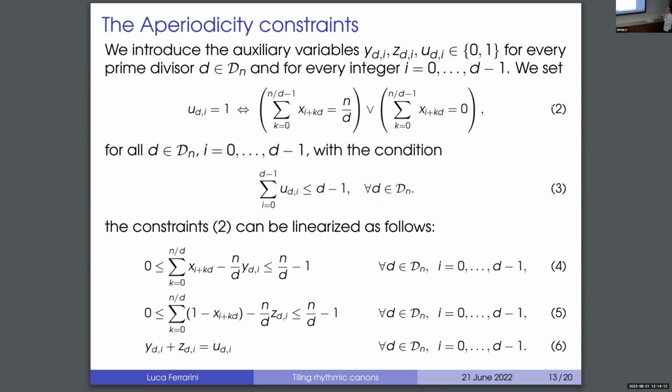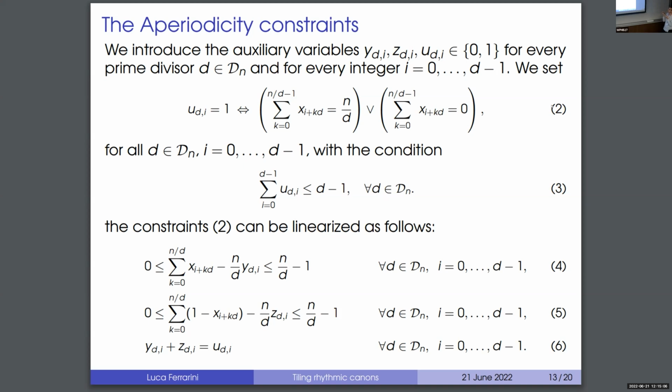For the aperiodicity constraints, in the same way from the graphical point of view, we have a sequence of cells, and we can group these cells into n quotient D groups in such a way that if we fill a cell in a certain group, that type of cell, black or white, cannot be the same in the other groups. So the indicator variable y_di for each maximal divisor D in the set D_n stands for that all the variables must not be of the same type. So in the third sum, we can say that all